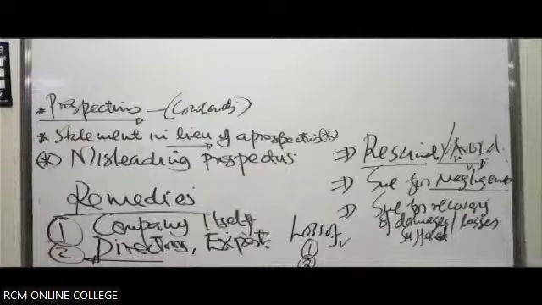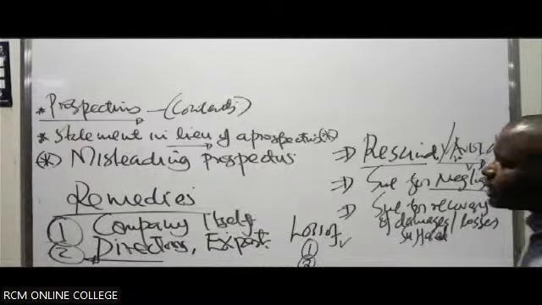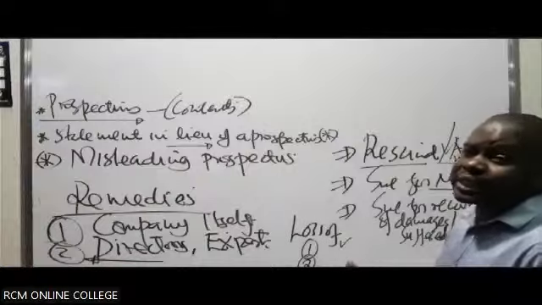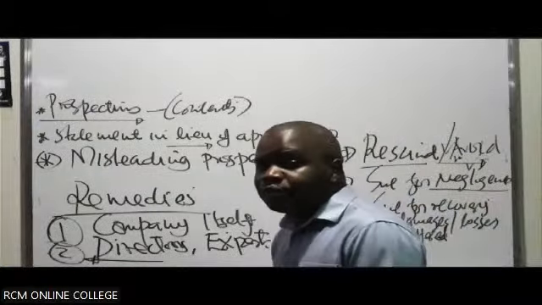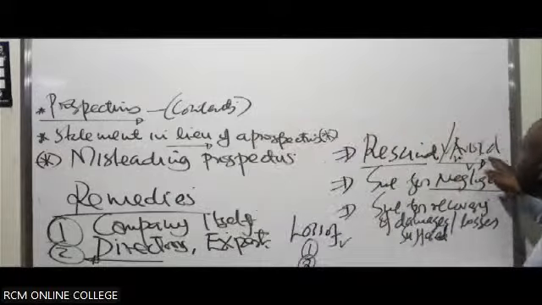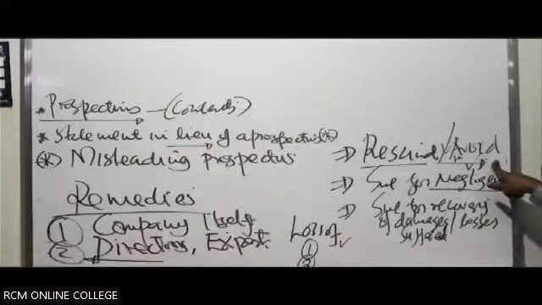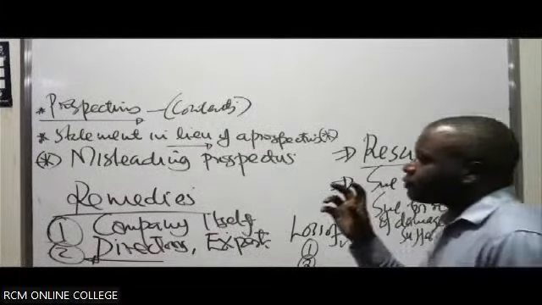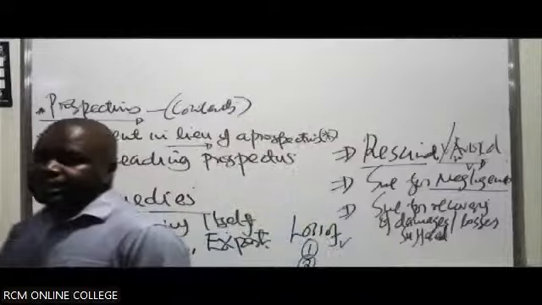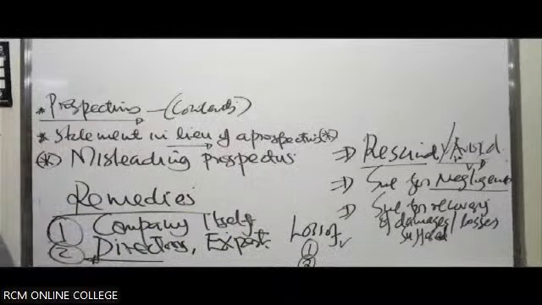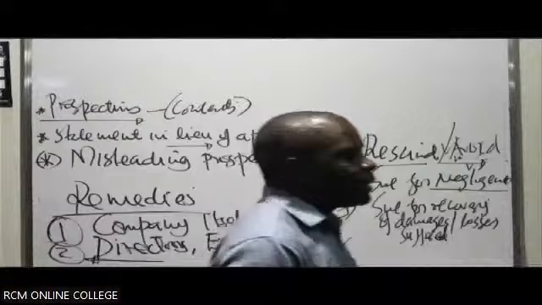Of allotment. Number two, if you don't do it within a reasonable time, don't wait for such a very long period of time to seek to resign or avoid the contract of allotment. It must be within what? A very short period of time after allotment of the shares. After the allotment of the shares has actually been done by the company.